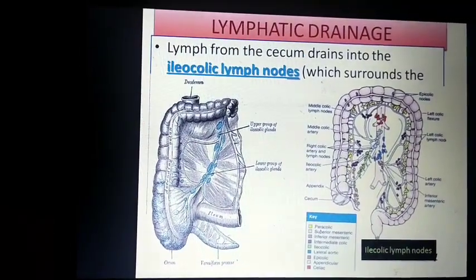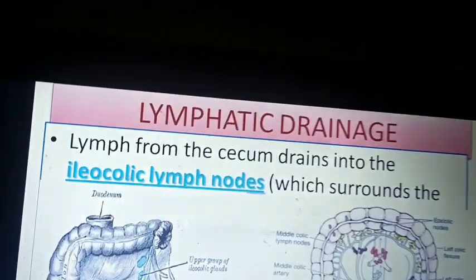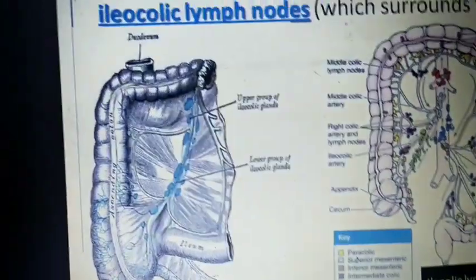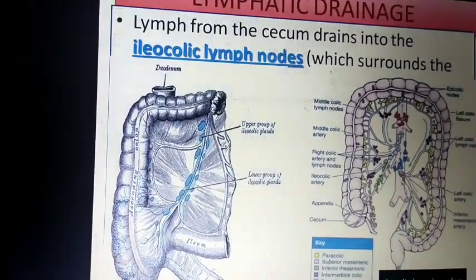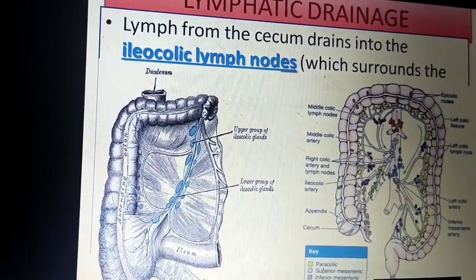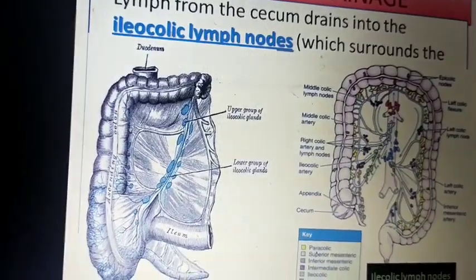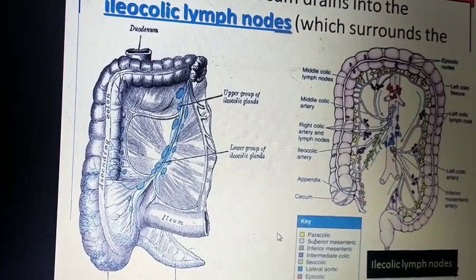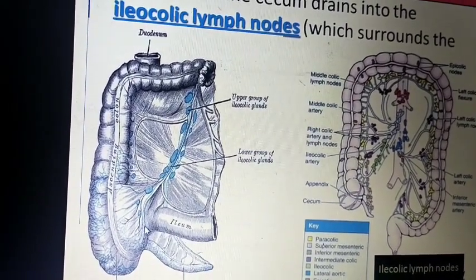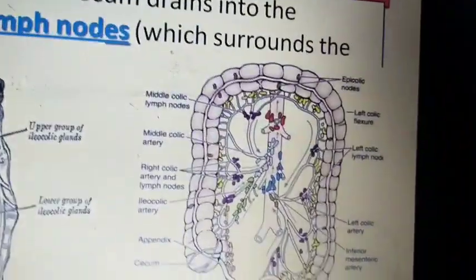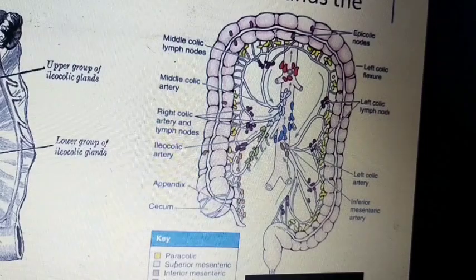Can go for the lymphatic drainage. The cecum is mainly drained by the ileocecal lymph nodes. There are two groups of ileocolic lymph nodes: an upper group and a lower group. The cecum is mainly drained by the lower group of ileocolic lymph nodes. In this picture you can easily see these are the appendicular